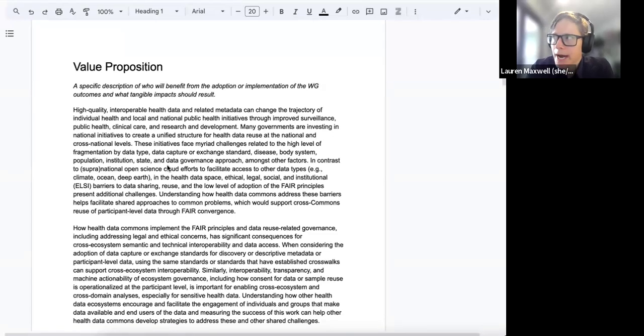So we thought about pursuing that as essentially setting up calls with these different health data commons, pitching them on the working group and trying to get their interest. And if they're not interested in somebody from their staff or themselves joining the working group, then at least perhaps recruiting them for the speaker series so we can get a sense of what decisions they're making, how they're making those decisions,